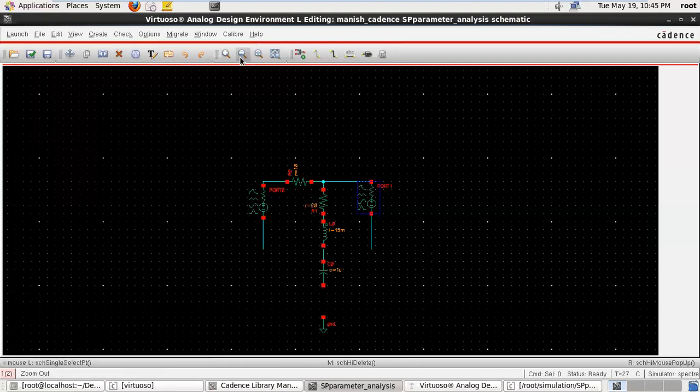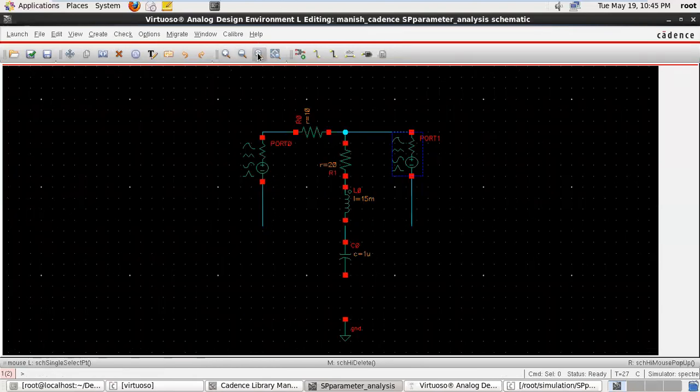Fit the window. So just complete the circuit. This wire is here. Now we are taking this circuit just to show that the S parameter is a function of frequency.